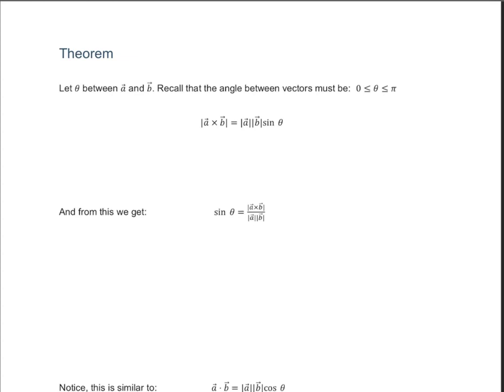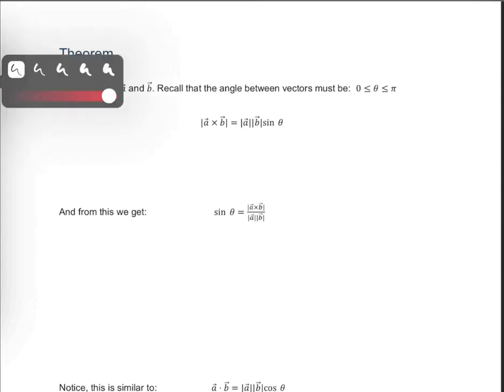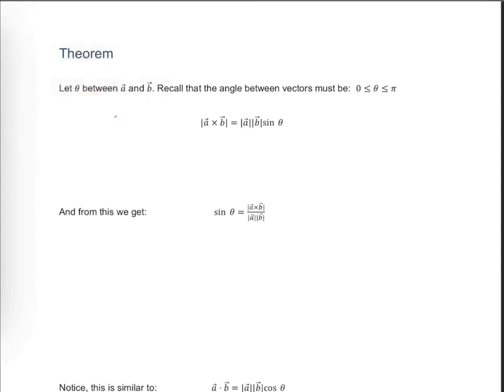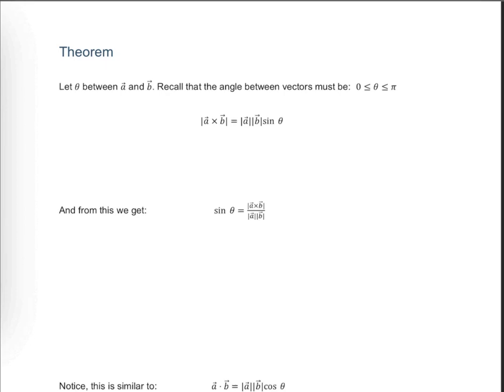In this video, we're introducing a new theorem regarding the cross product between two vectors. If we have an angle between two vectors A and B, remember the angle in between two vectors has to be between 0 and pi radians, which means that when the two vectors are graphed where they share the same initial point, the angle in between those two vectors has to be somewhere in between